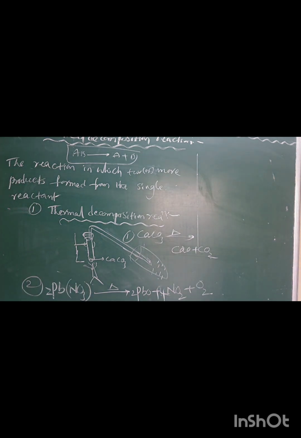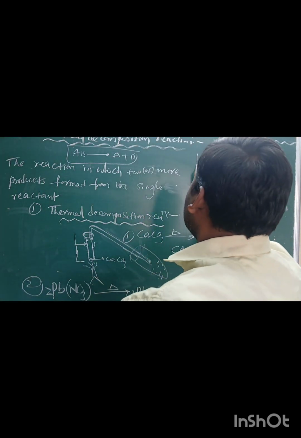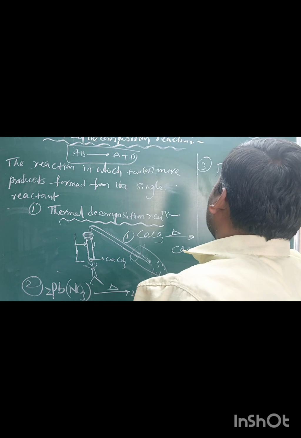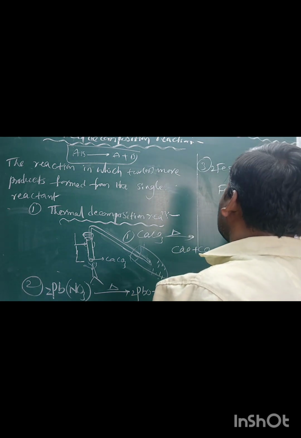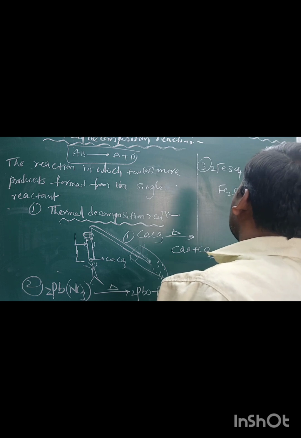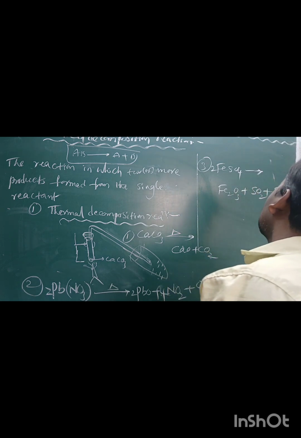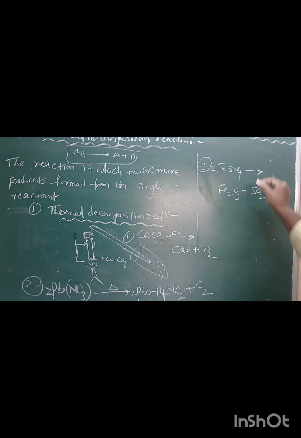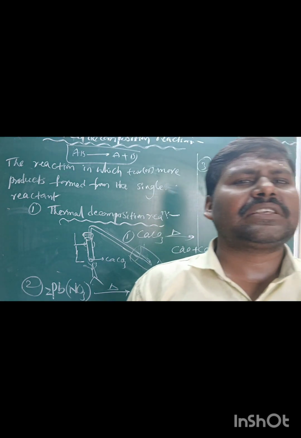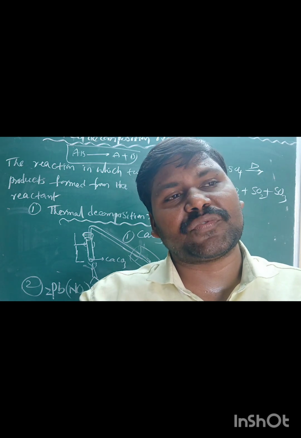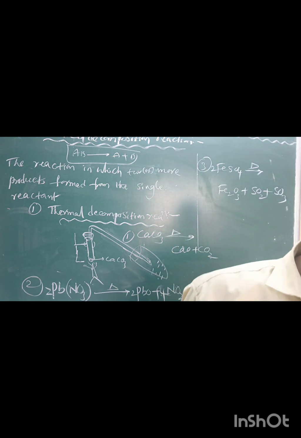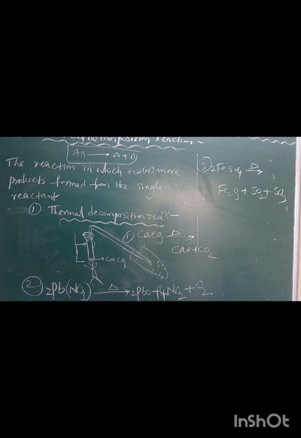It is also one more thermal decomposition example. And the third example is ferrous sulfate, which can decompose to ferric oxide, sulfur dioxide, and sulfur trioxide in the presence of heating. Very easy. The reaction in which a single substance splits into two or more substances in the presence of heating is called